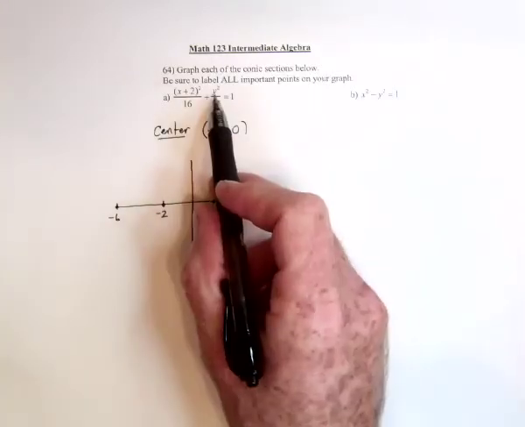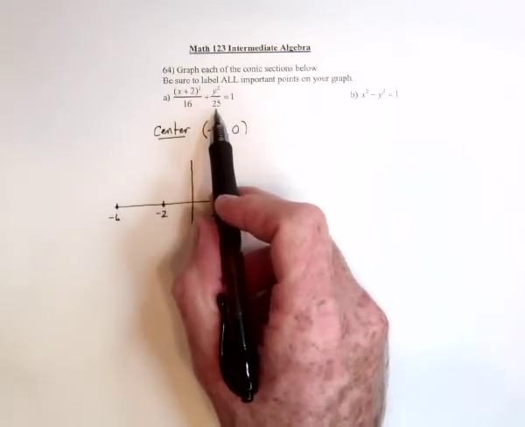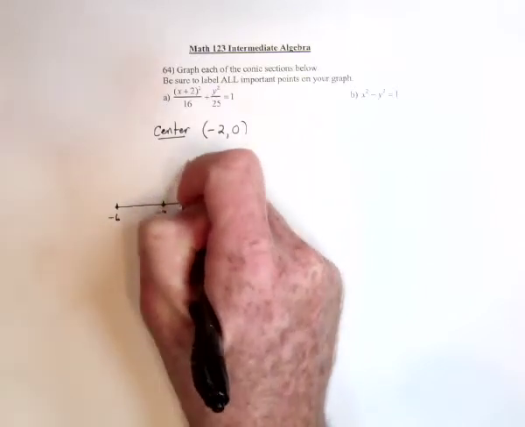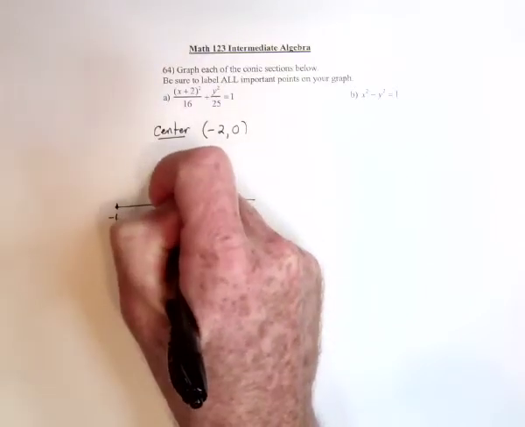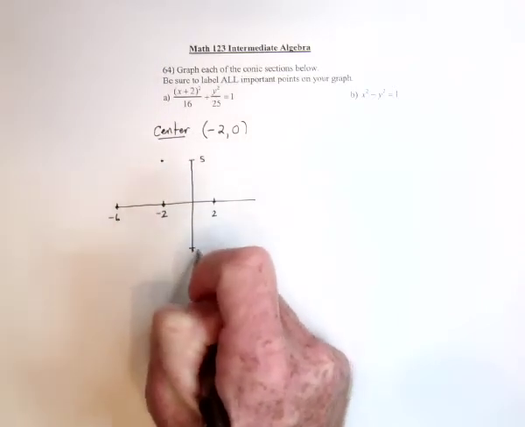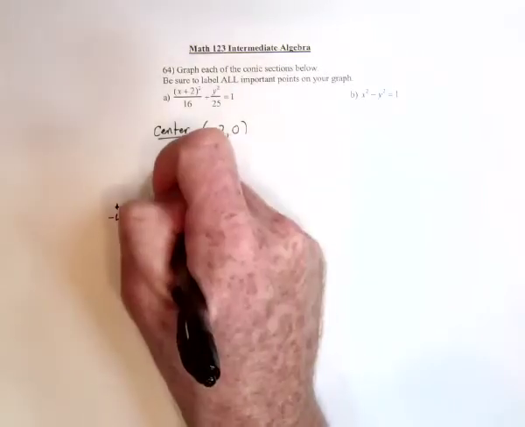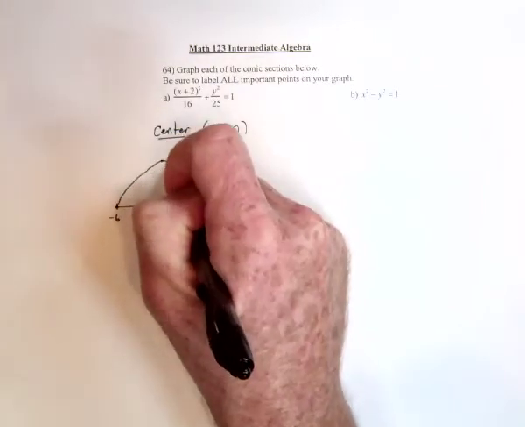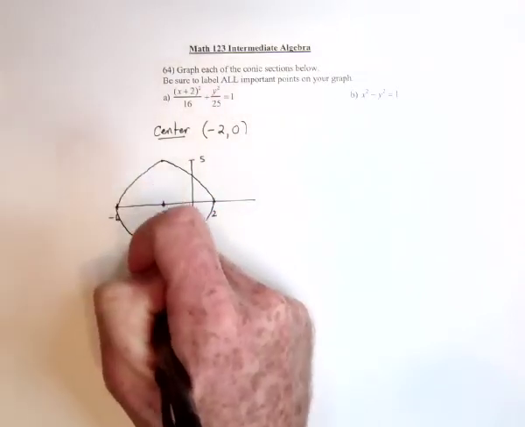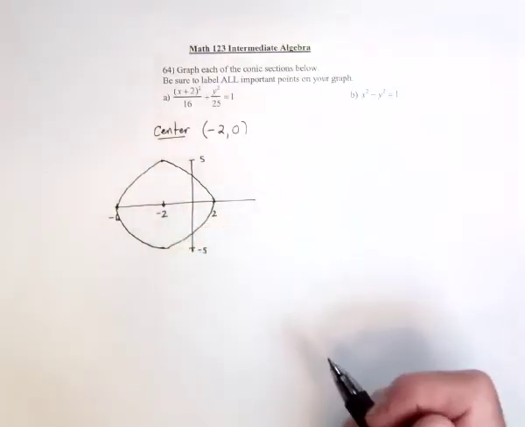Then for the y information, or in other words, go up and down, take the square root of this number, that's a 5. So you need to go from the center, go up by 5, and go down by 5. And then just make a nice ellipse. If it's drawn perfectly, it's going to look a little bit taller than it is wide. Mine's not perfect, but